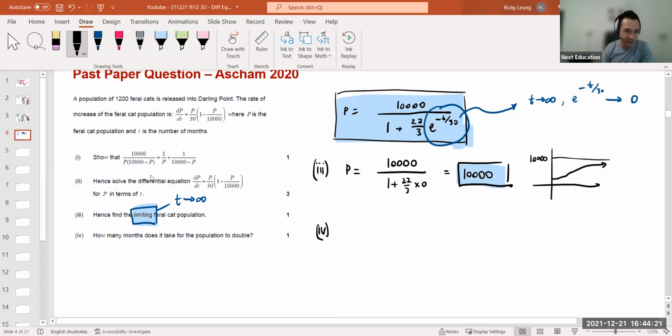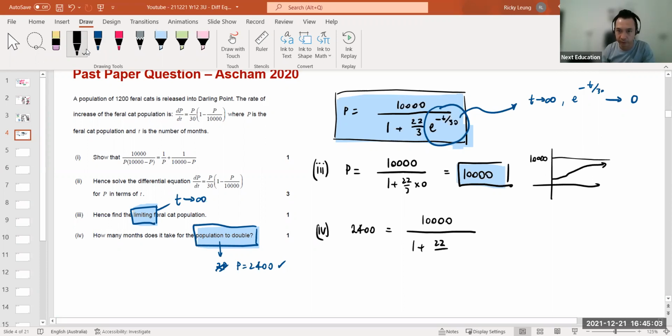All right. After how many months does it take for the population to double? So population double there is key. All right. So in other words, here we're talking about 2p, right? So when the population is 2p, I'm going to sub that into there. No, that's not what I want. Population double, right? Not 2p. Right now, it's 1200. I want p equals 2400, right? That's what I want, because I know what the initial is. So I'm going to sub p equals 2400 into there. So 2400 equals 10,000